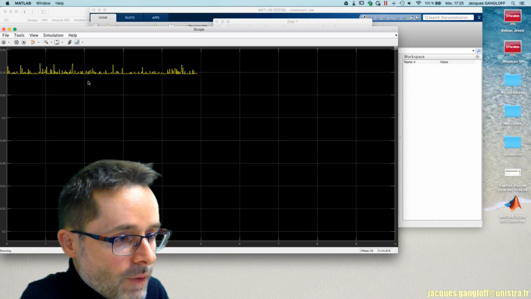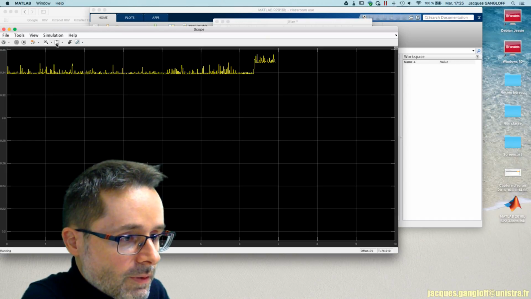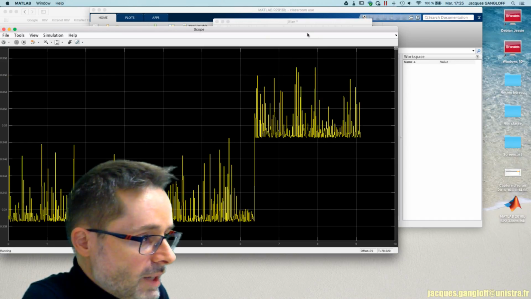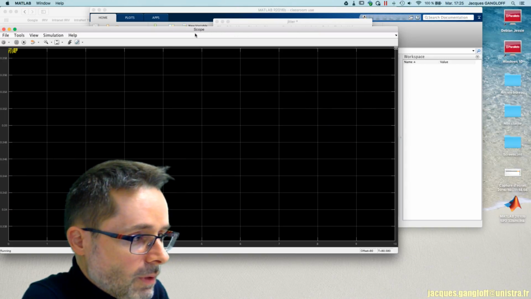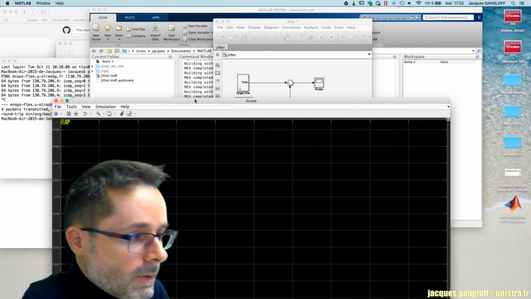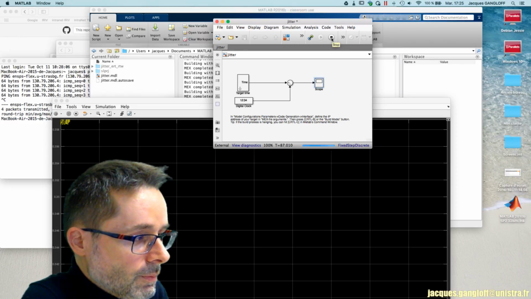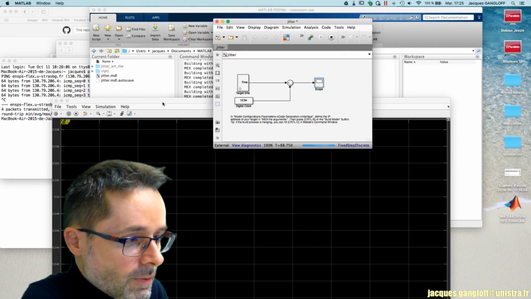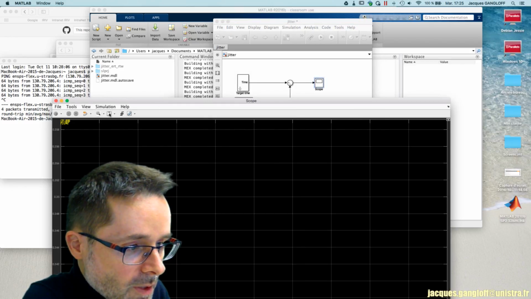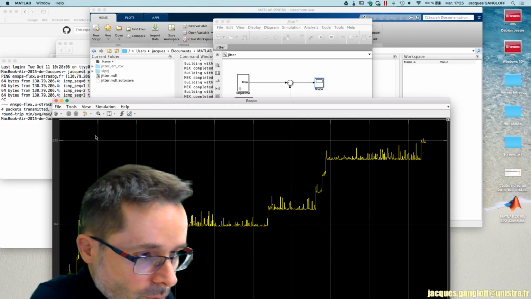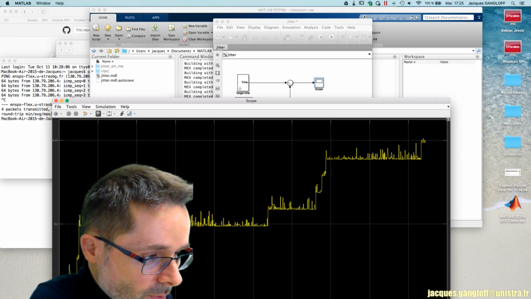But here you have an idea of the jitter. So you could have a good idea if I stop this system now. To stop it, you only have to push this stop button. Now you can expand your result. If you zoom in here, for example,